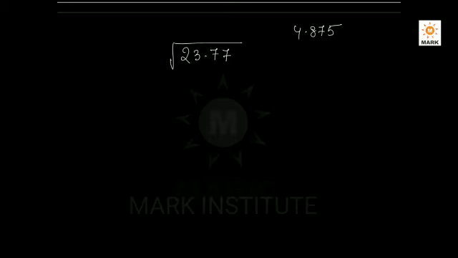4.875. So 23.77. So here it is 4. 4 4s are 16. So here it is 7. So now, my dear friends, since we are downloading the numbers after the point, immediately you put point here and download 2 7s. Always remember, the number should be primarily divided into 2 parts. Before decimal is the whole integral part. First we will take the whole integral part. So we will make the partition. Then we can go to the after decimal part.